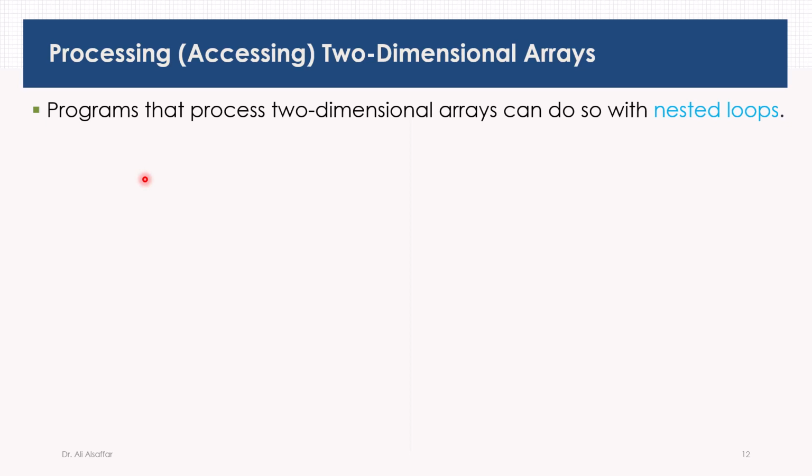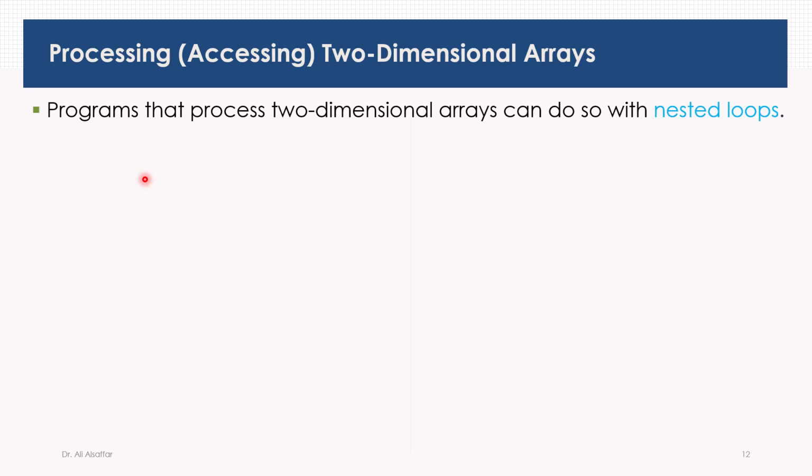Processing or accessing two-dimensional arrays. When we discussed processing a one-dimensional array, we used a single for loop. The loop variable was used as an index variable to the array. We visited the elements of the array either from left to right or from right to left. From left to right, we start with index 0, 1, 2 until the last index. And from right to left, we visit the elements from the last index and all the way down to index